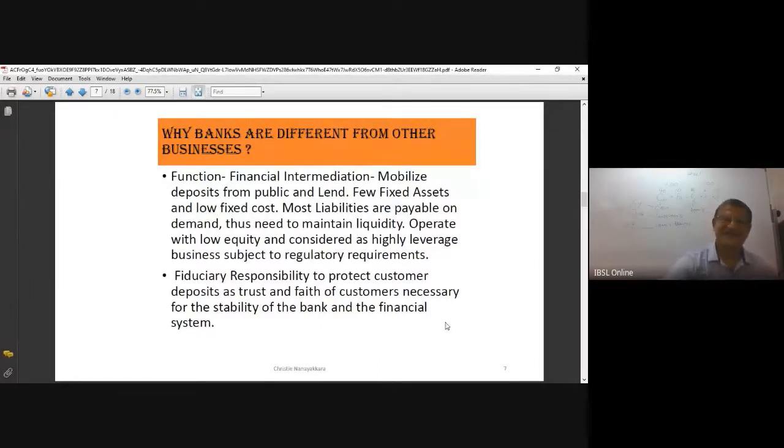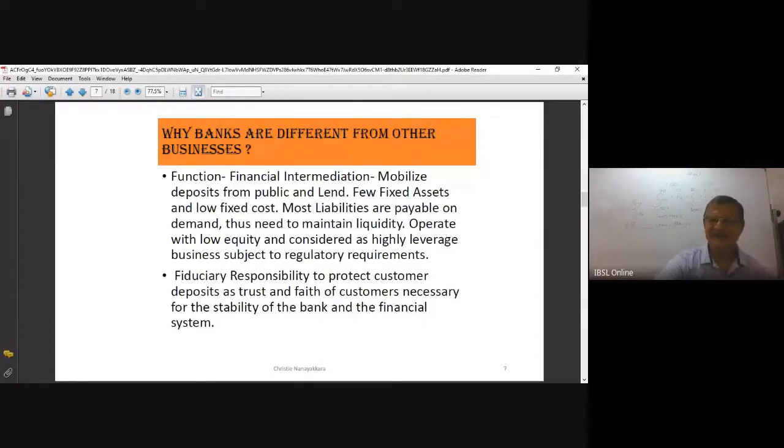How do I explain this? If you have done financial analysis and ratio analysis in your previous lessons, you would have come to know the ratio called debt equity. That means your debt, what you have borrowed, such as the loan we are going to give to the customer, against the capital which the customer is going to contribute.